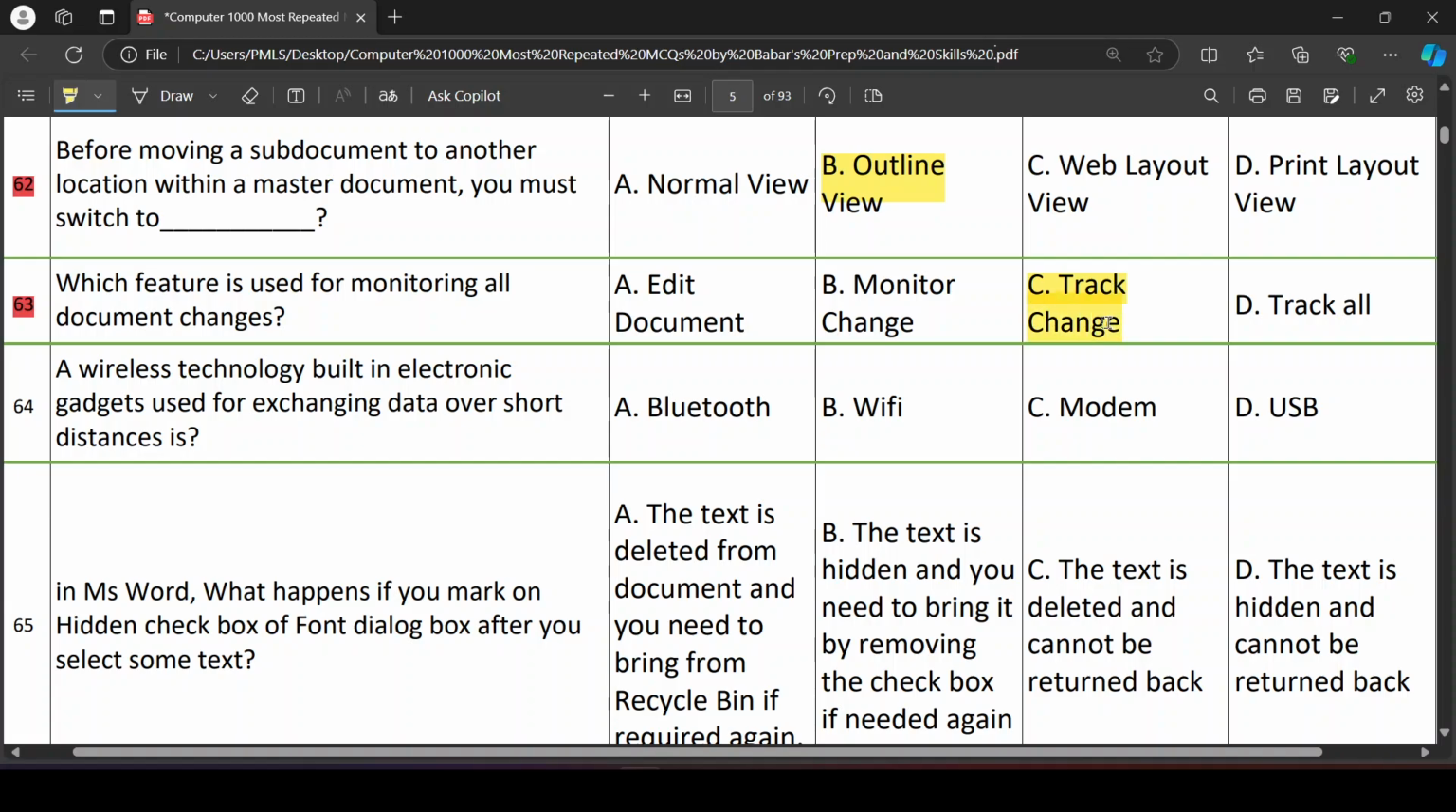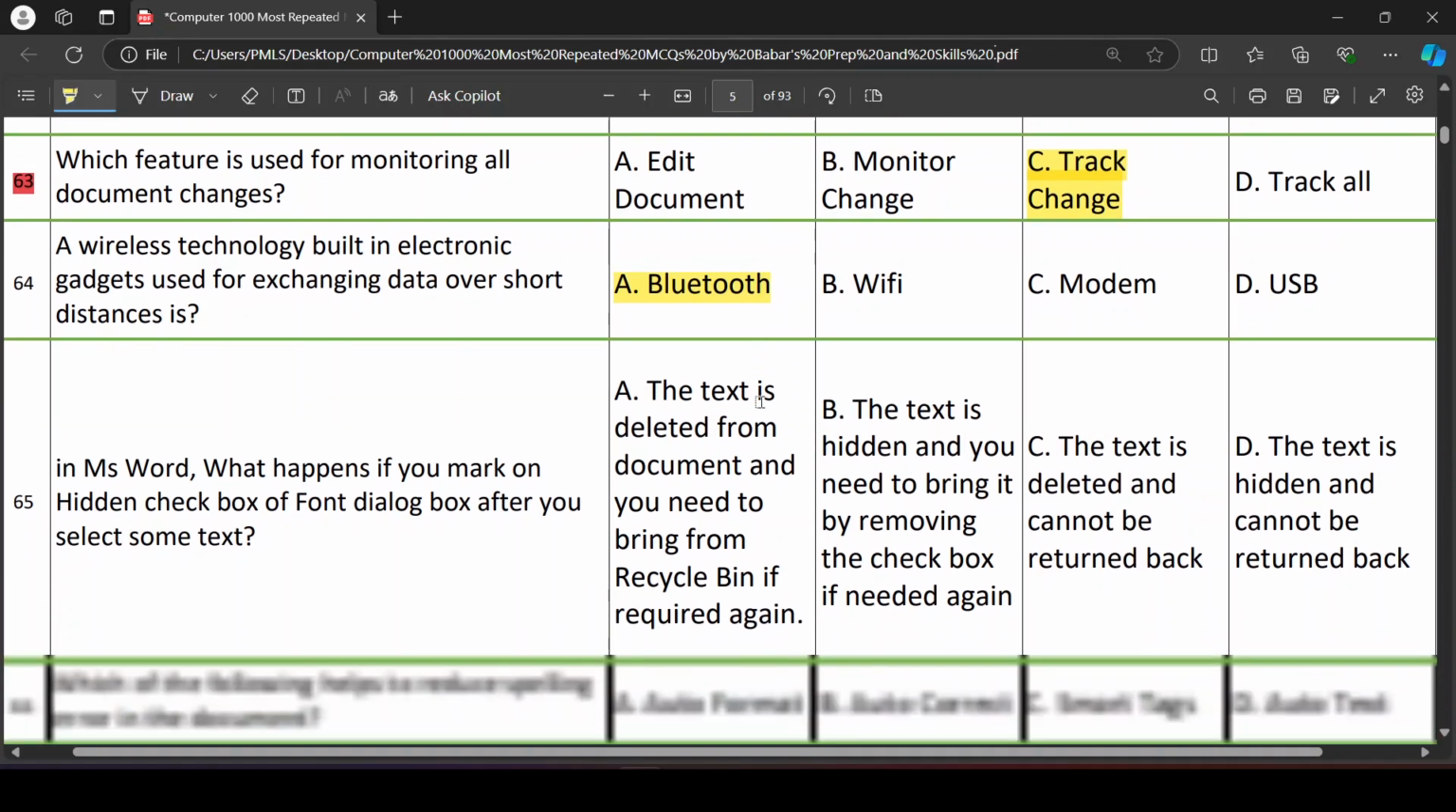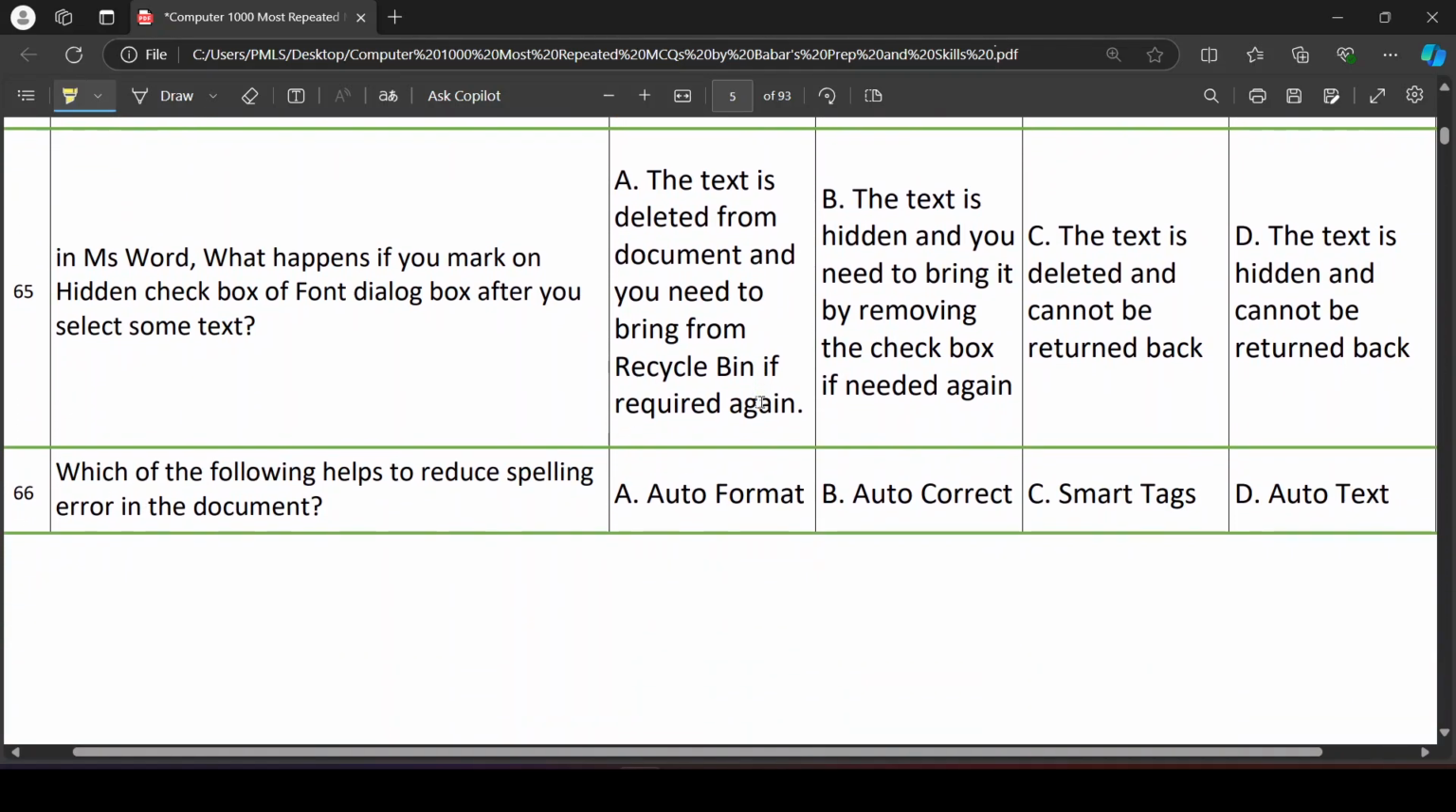MCQ number 64, a wireless technology built in electronic gadgets used for exchanging data over short distances. Correct option is A, Bluetooth. ब्लूटूथ के जरिए हम अपने डाटा को शेयर कर सकते हैं शॉर्ट रेंज तक। MCQ number 65, in MS Word,